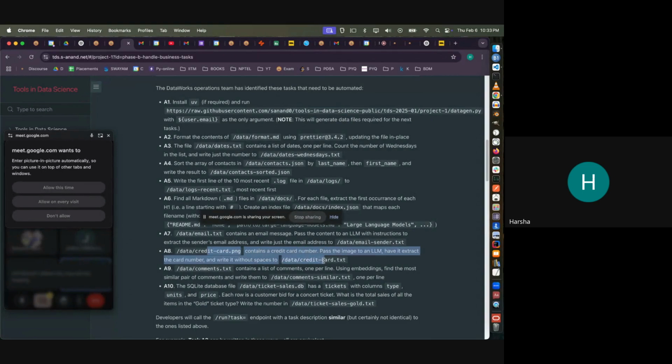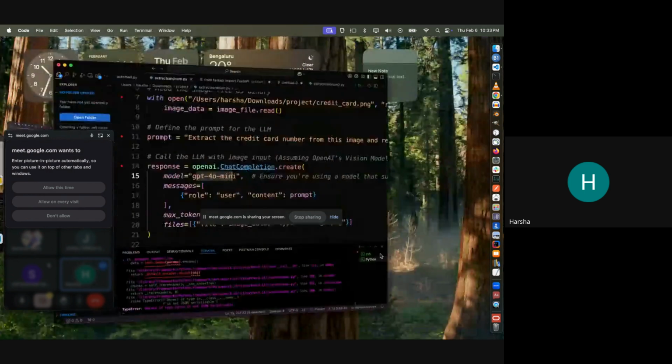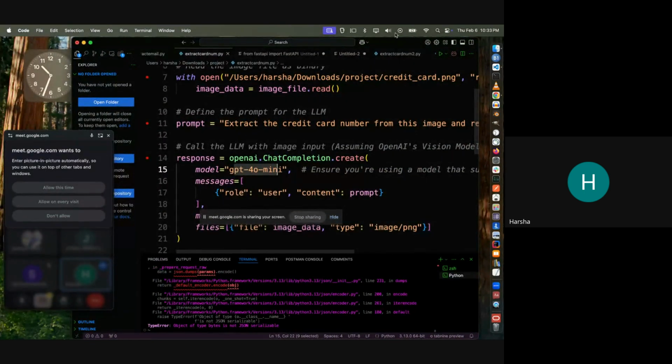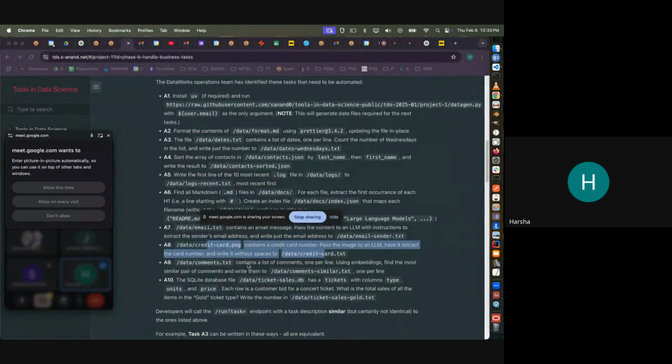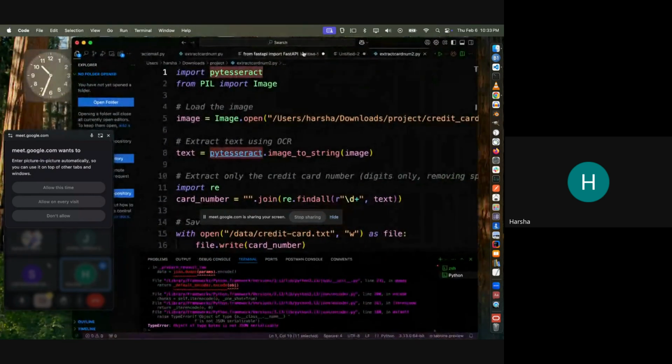For that particular thing, they are asking to use an LLM itself, so that has a limitation. The second way of doing this, an alternate way, is that you can use Tesseract. So are we allowed to use Tesseract? That is one more thing which I need, and the other one is